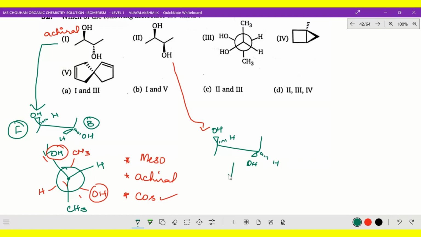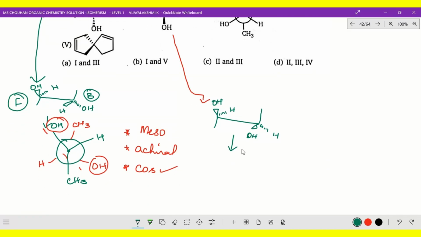Now let us go for the Newman's projection formula. How do we draw it? Front carbon and back carbon. This is the back carbon and the front carbon is a dot. So here OH, H, and here down it is CH3. See, this is down CH3. The other one, I'll change the color. Here also CH3 on the top, but OH, where is it? It is above the plane. OH is here and H is here.